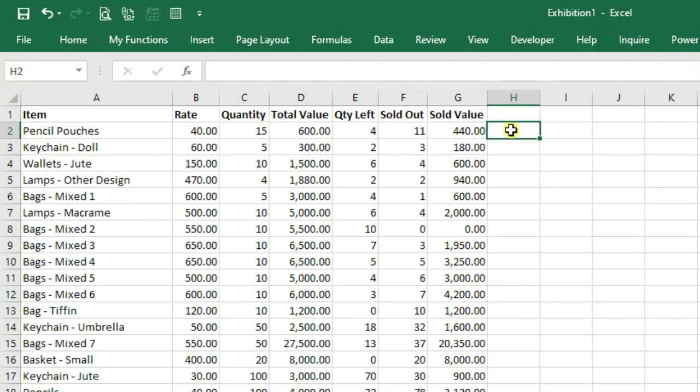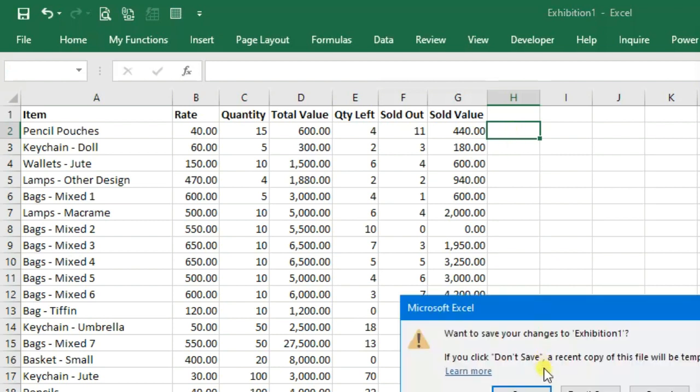In case there is any change in the number of products or there are new items added to the exhibition, one can always change the template and every new file will have those changes, but existing files will remain the same. The change in the template will not be reflected in all the previous files that were created using that template. So let us try to save a template in some other folder and see the results, how we then create a file from that template. So I'm gonna open the template,